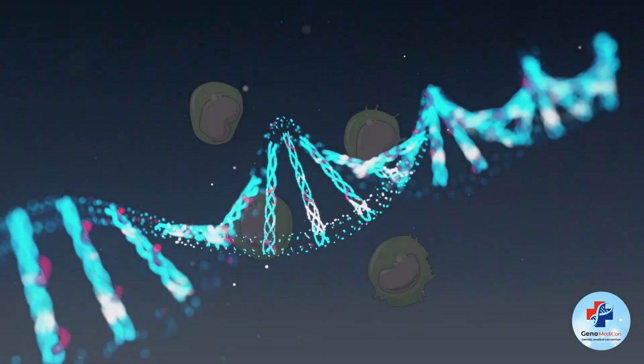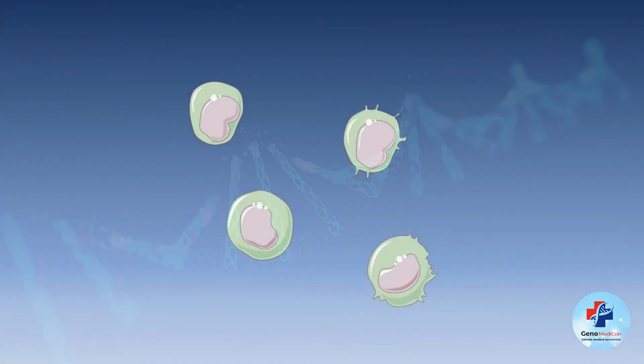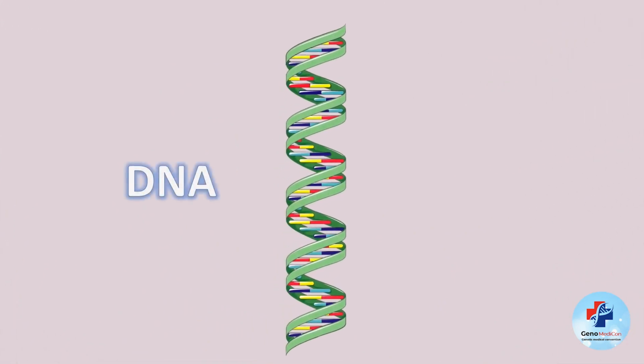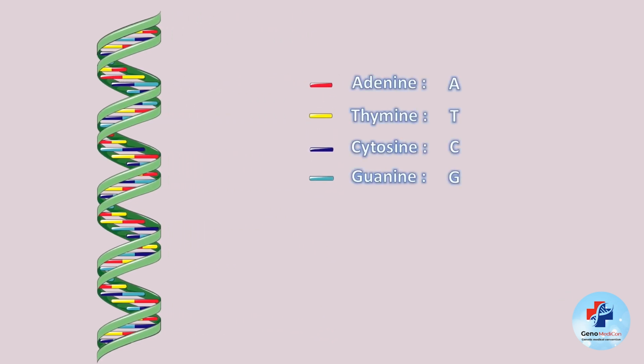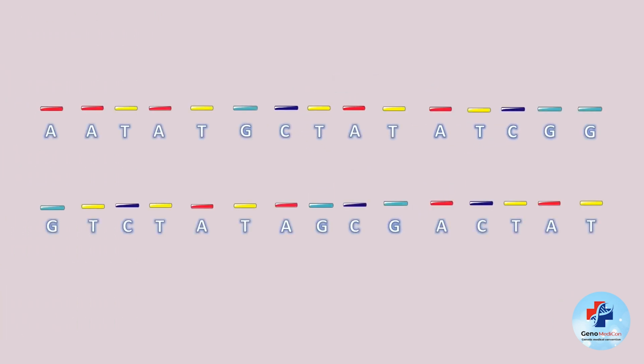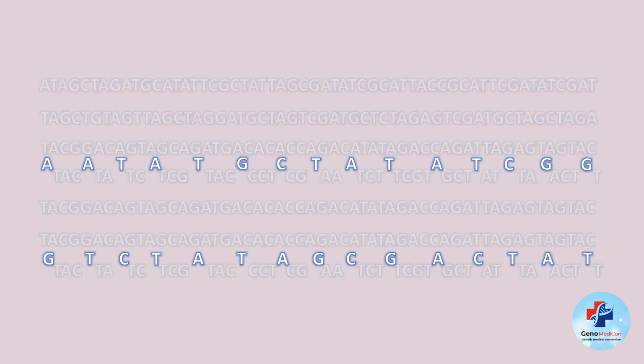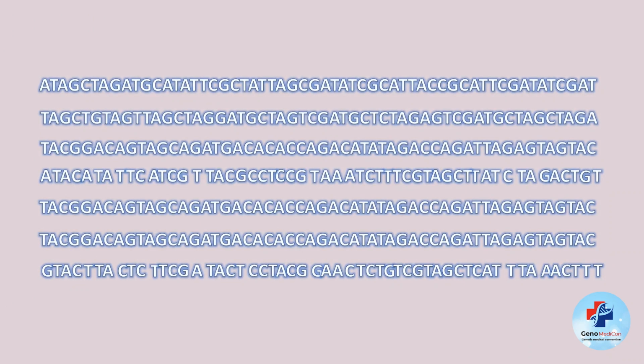If we look closer at the genetic information inside every cellular life form, at the top, we have deoxyribonucleic acid, or the DNA, that is made up of nucleotides containing 4 types of nitrogenous bases, namely adenine, thymine, cytosine, and guanine. These 4 components encode the information that provides the blueprint for the cell's physiology.